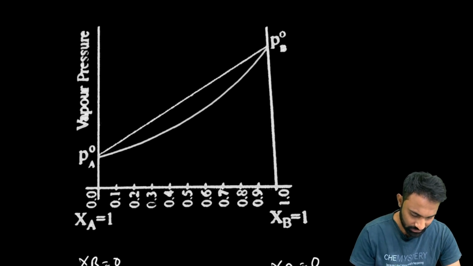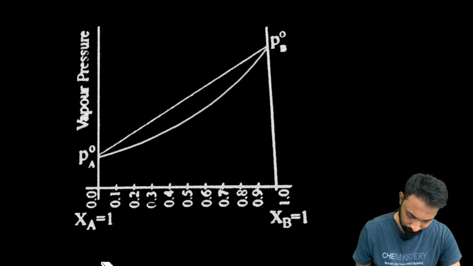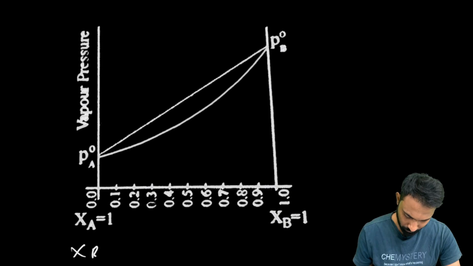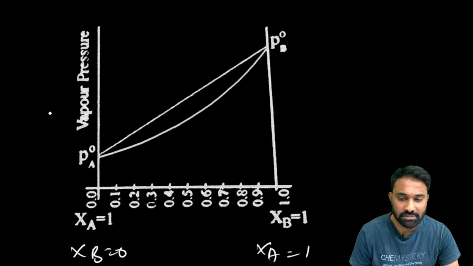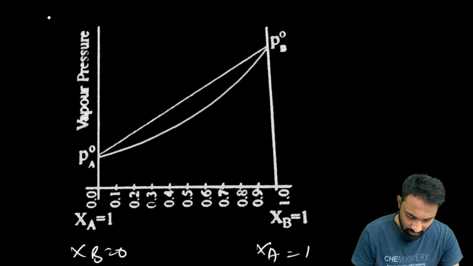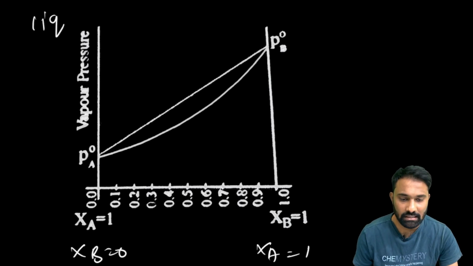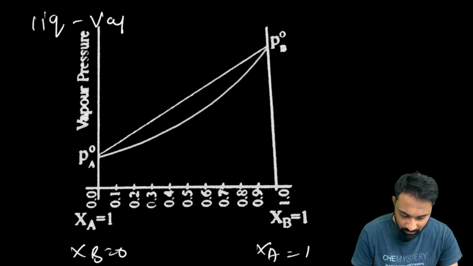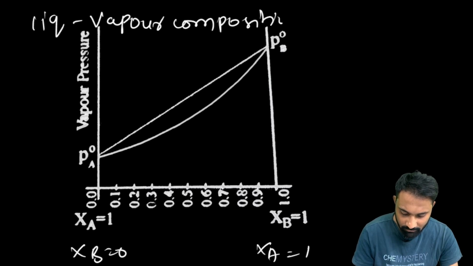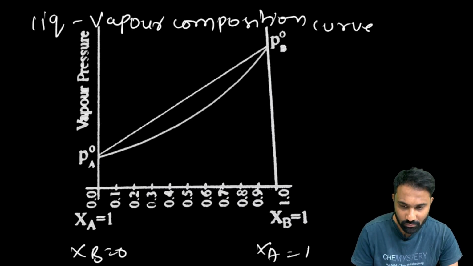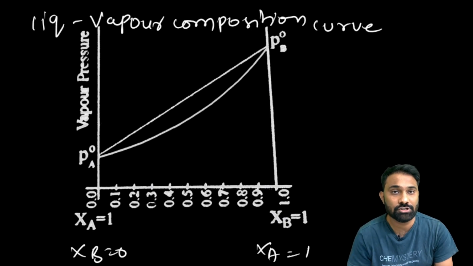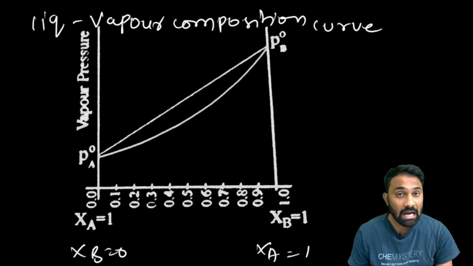Now you see this, whatever the curve we are seeing here, this is vapor pressure and this is the mole fraction. Now this type of curve we call a liquid and vapor composition curve. Liquid and vapor composition curve. Clear? In this liquid and vapor composition curve, now what we are going to see